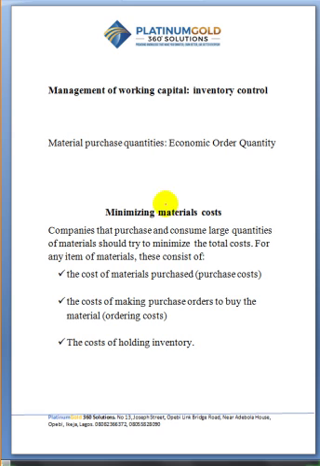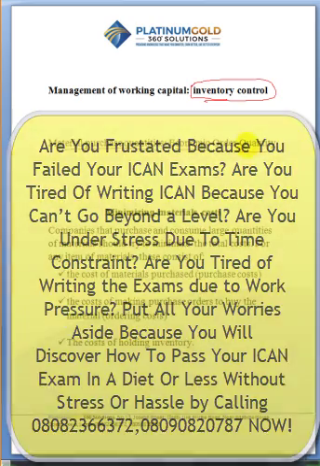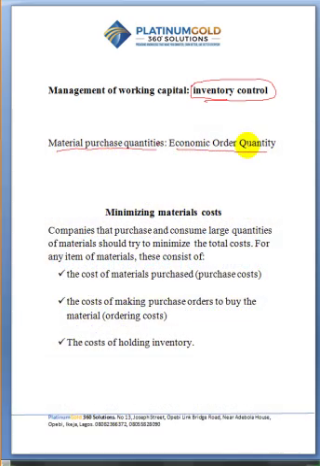So we'll start with management of working capital. Here, the first element we want to consider is the inventory, and we'll look at material purchase quantities using the EOQ model. Many companies, particularly manufacturing and retailing companies, might hold large amounts of inventory, even ones they don't need, and they usually hold inventory so that they can meet customers' demand as soon as it arises. If there is no inventory when the customer asks for it,